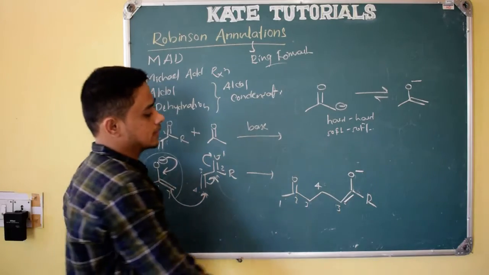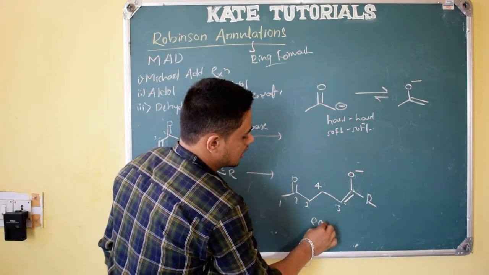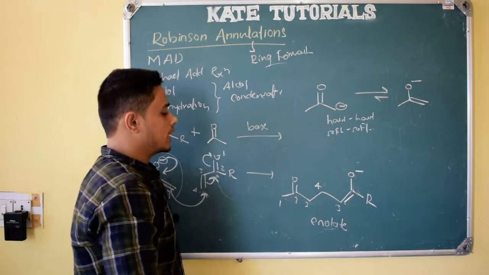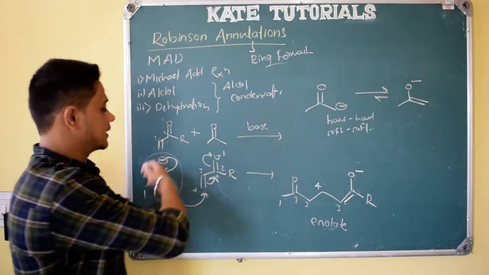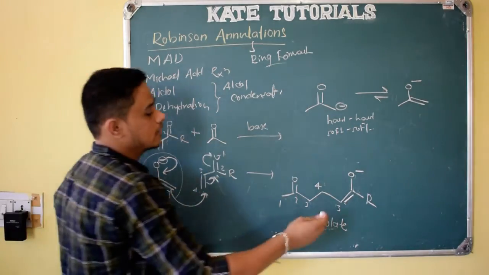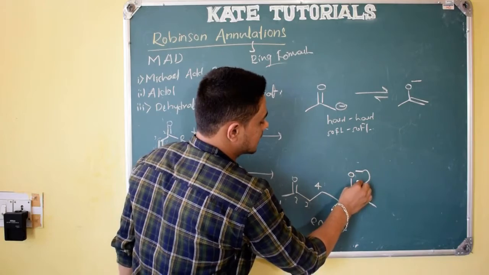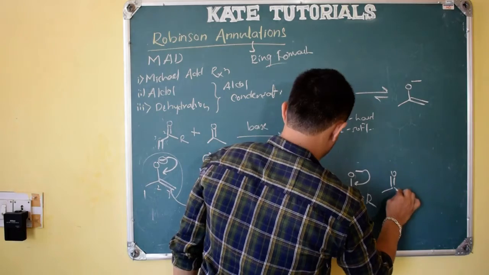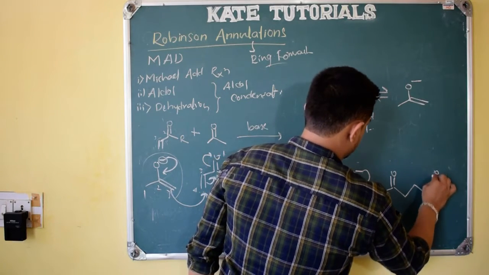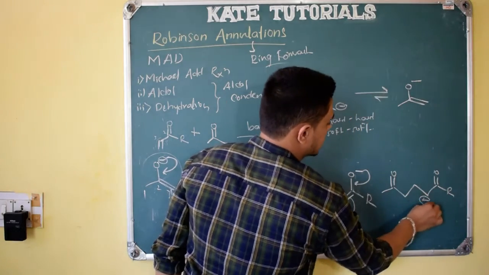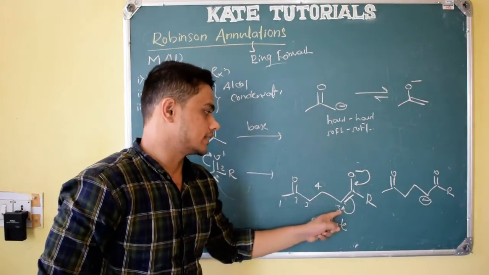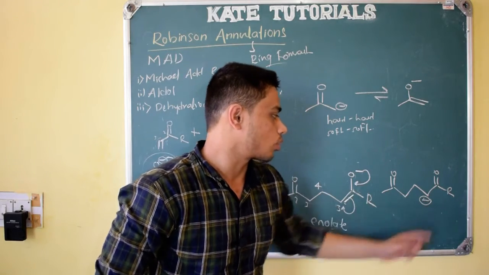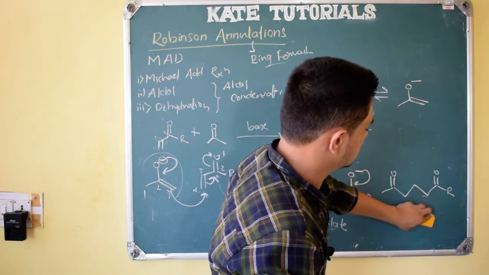But here what happens? This is nothing but an enolate, right? So here a proton will be there. Since base will be there, and water will be there, H will be there. So this electron density comes here, on this carbon. So it will be like C=O R, and this carbon gets negative charge, right? Resonance, negative charge. And from water and from solvent, this negative carbon gets a proton and it becomes neutral, like this.